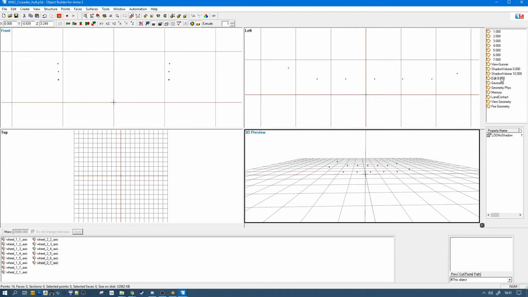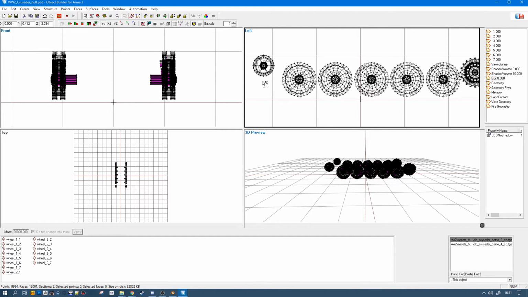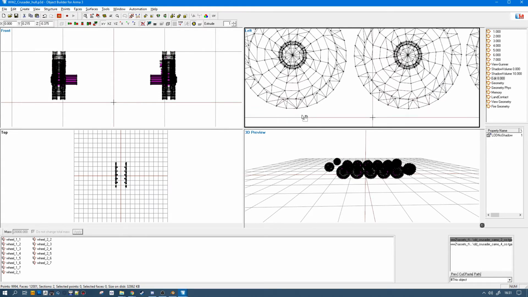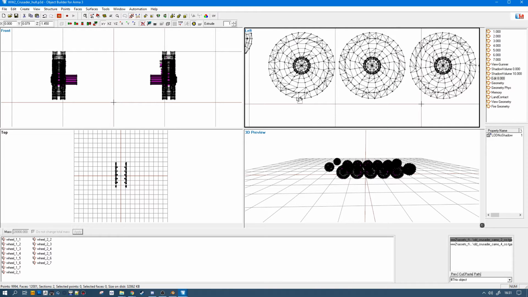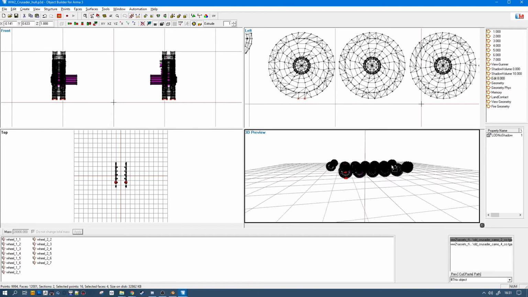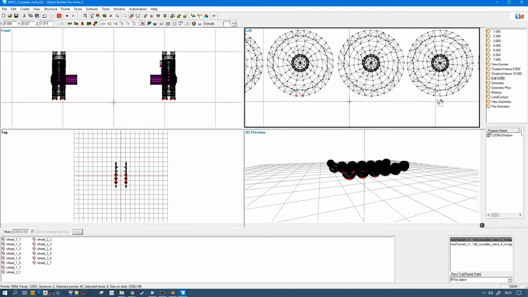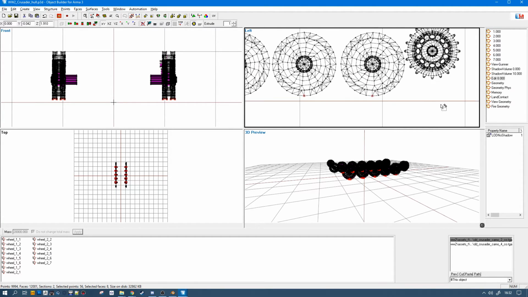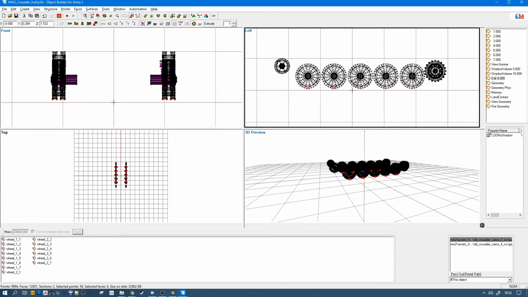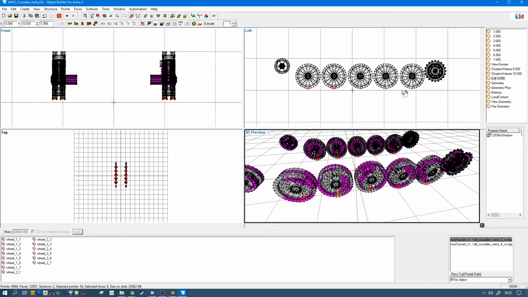So we are going back to the edit cloud we did, to the save we did. And here we are going to retrieve only the bottom vertex of each wheel. So you see that vertex doesn't exist. There are actually 4 vertices. So I'm going to select all 4 vertices of each wheel. This one has it. They are not all rotated the same way. So those are going to be physics wheels. So I run the bottom bound.